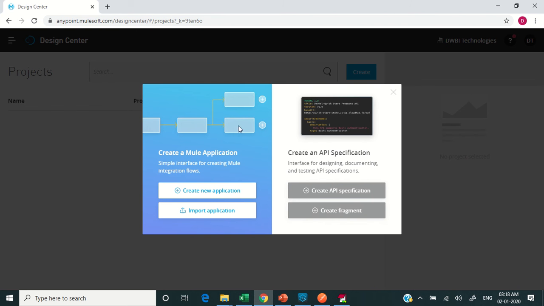So there are four options. You can create the entire Mule application here, or create a new application, or import an application, or you may create an API specification, which you can create in RAML or in terms of fragments. So what we will do is we will click on Create API Specification just to define our RAML, which is